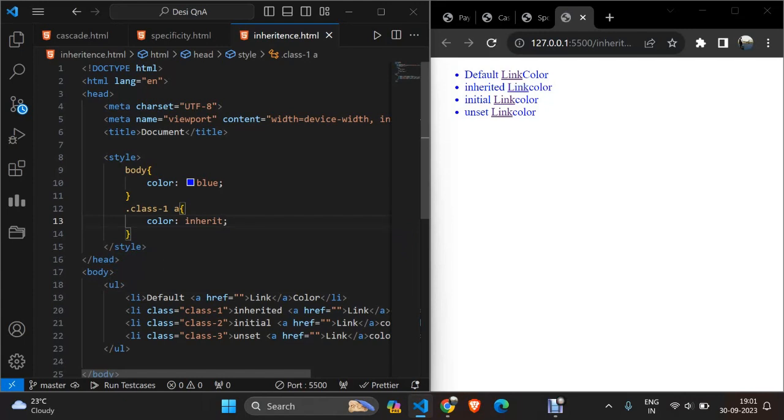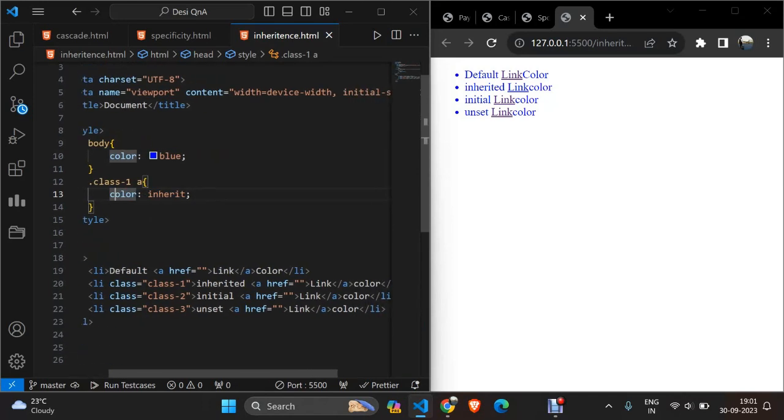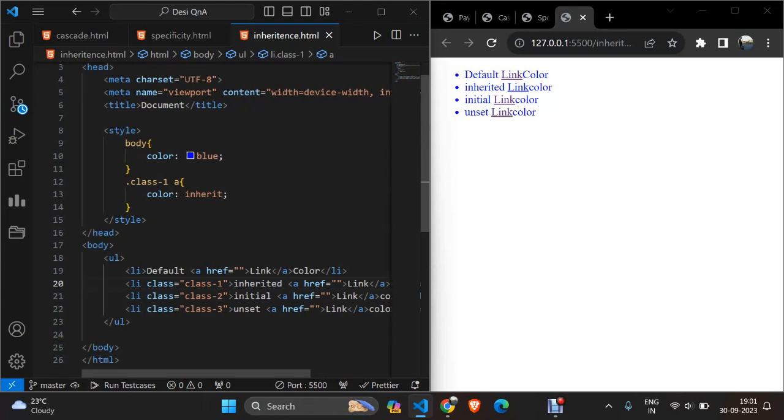So here what it did was it inherited the color of its parent property. So basically this is it, right? Yeah, this one, this li. This one inherited the property of its parent. Its parent is basically the body, so it inherited the color of the body. And then